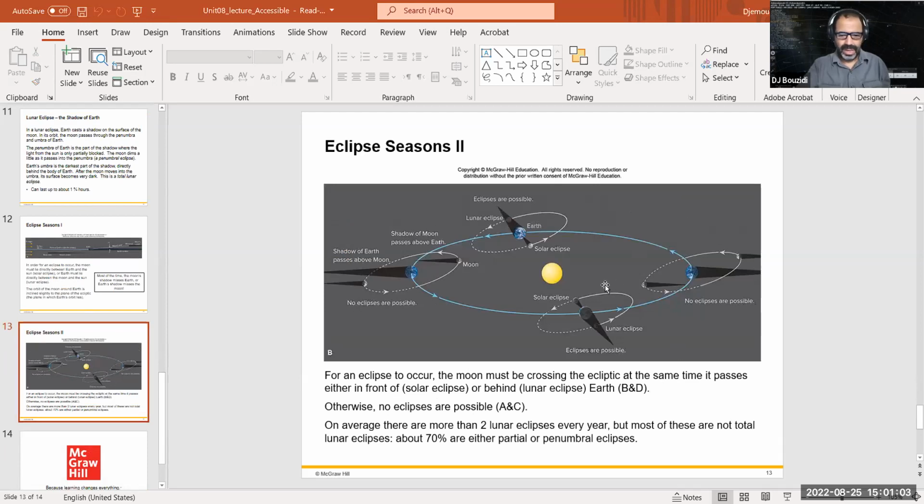Okay. Again, the only reason why you will have a solar eclipse, like in this situation, or a lunar eclipse, a solar eclipse in here, or a solar eclipse in there, is as long as you have this within 1 degree, or actually a lunar eclipse when you have it on the other side, when the moon is on this side or the moon on the other side. Okay. Again, that's when you catch it. It's when these two paths cross. Okay. I think we discussed this unit hopefully in greater detail,